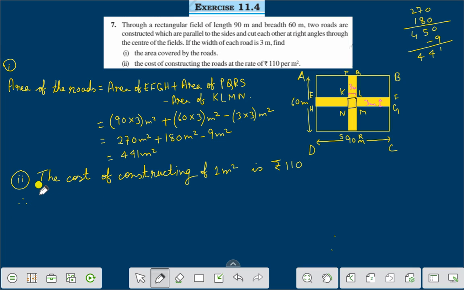Therefore, the cost of constructing 441 meter square is rupees 110